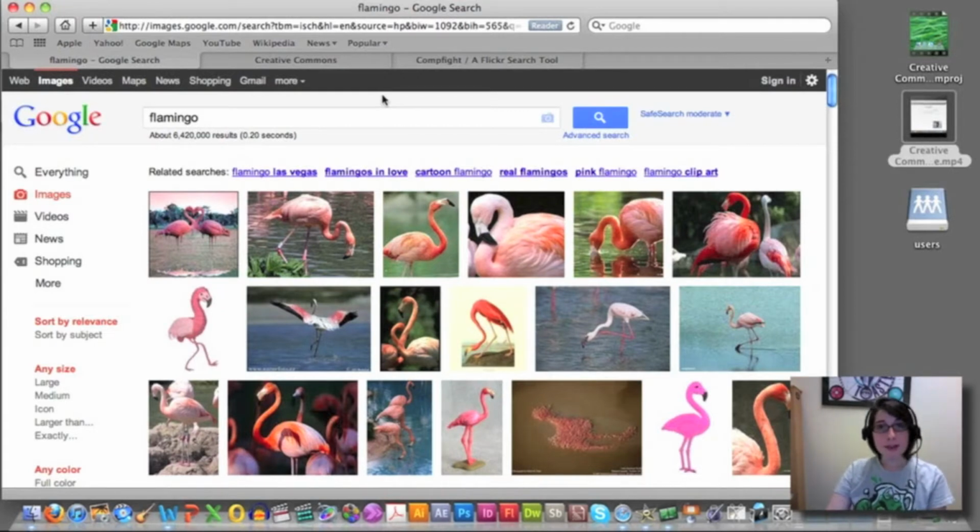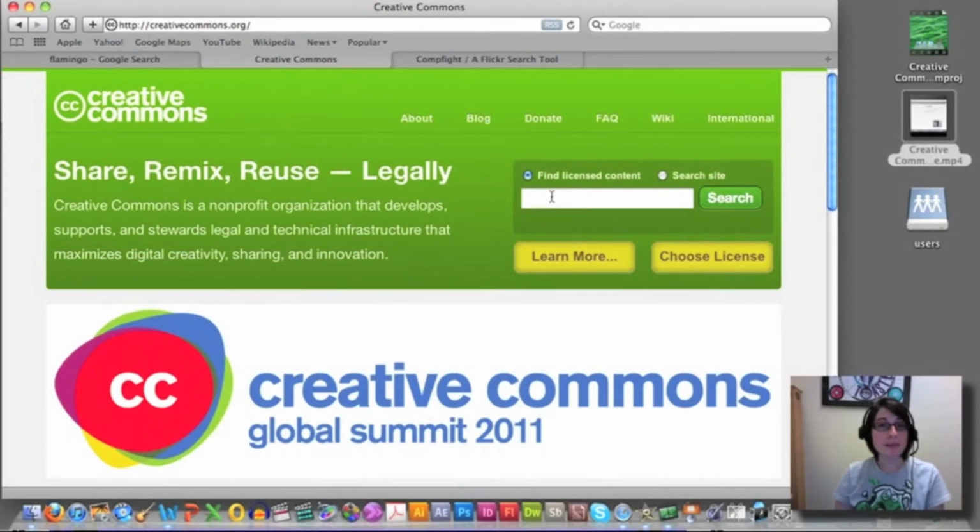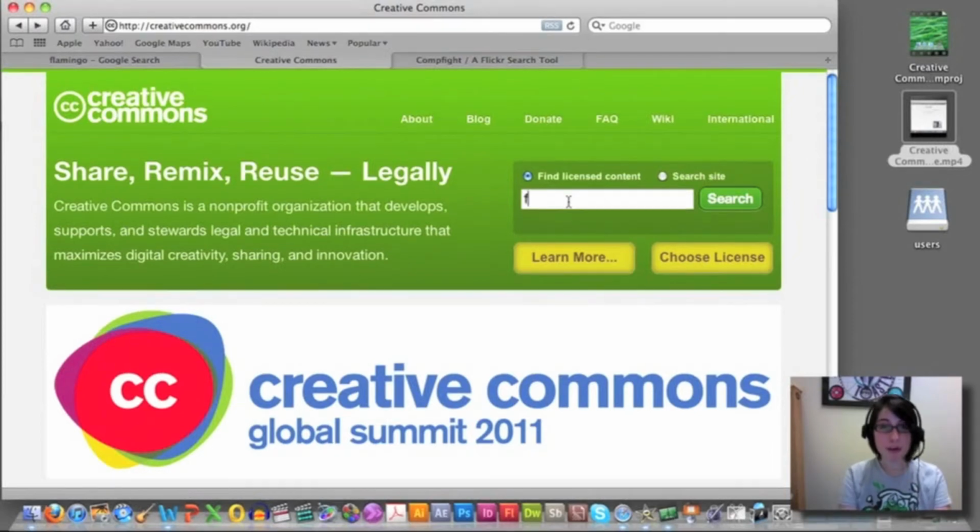Best practice for finding images on the web is using the Creative Commons. The Creative Commons is an organization that promotes the legal sharing and remixing of web-based media. Images with a Creative Commons license can be used in your digital story because their author has already made them freely available for manipulation. So, if we log into creativecommons.org and search for flamingo,